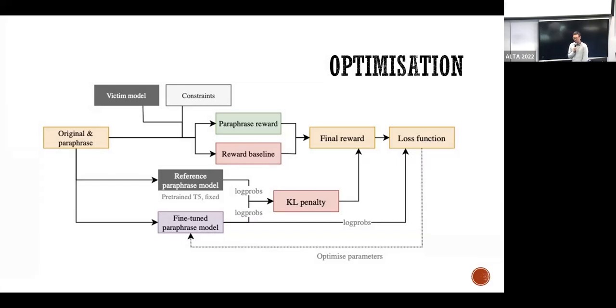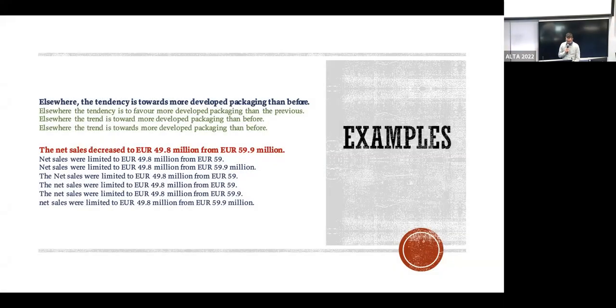So the model learns what, for a given input, its average reward is, and it can't just be satisfied with getting that reward. It has to beat that reward on each training iteration. And the other interesting part here is a